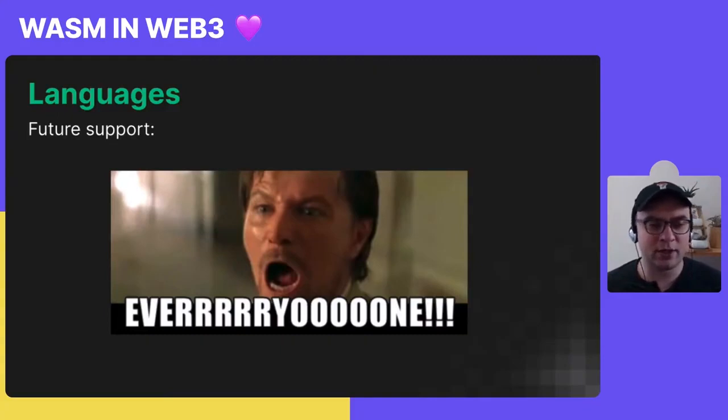We might narrow down these languages, again, use some kind of a dialect to make them easier to compile to WebAssembly, or we might even raise the maximum contract size on the NEAR blockchain to be able to accommodate all of these languages. So if you're a fan of any specific WebAssembly language, whether it's a general purpose language like Python, or a new language like Roc or Zig, please write to us, and we might work together on an SDK for NEAR.